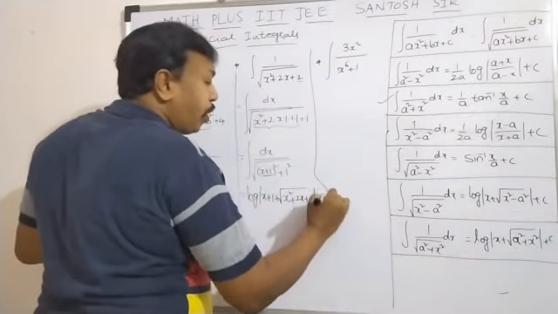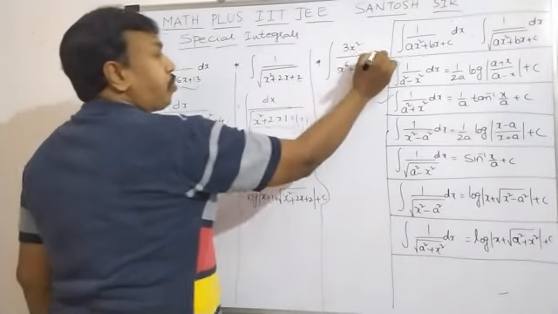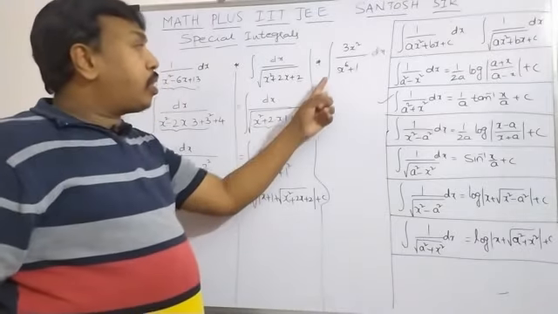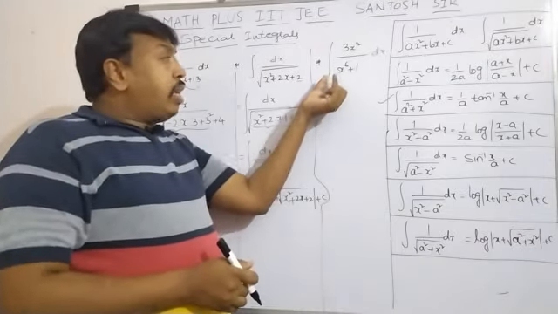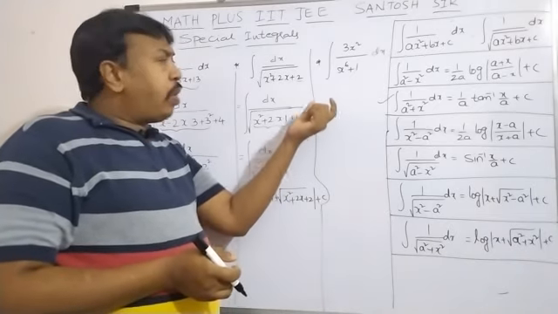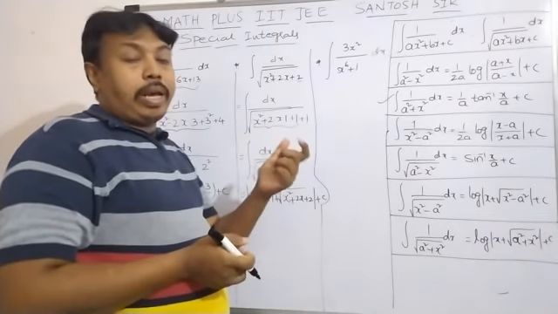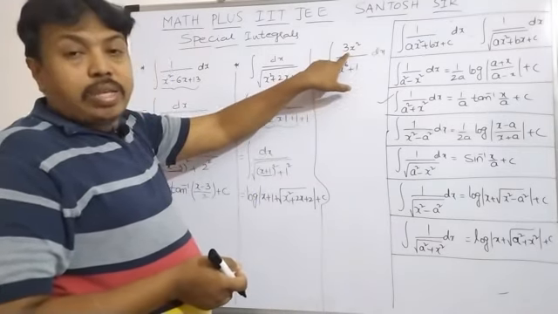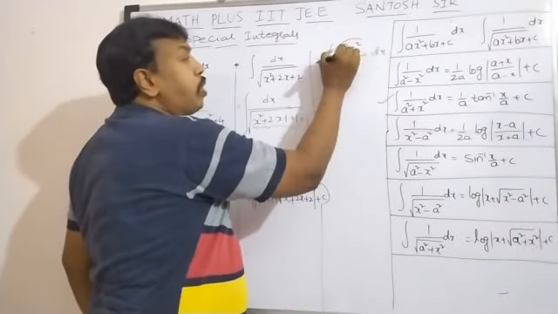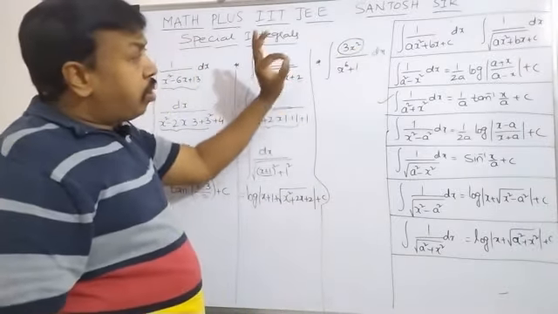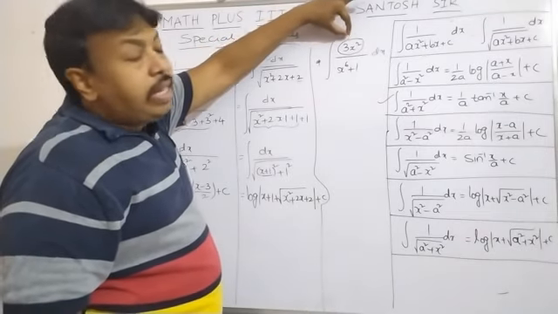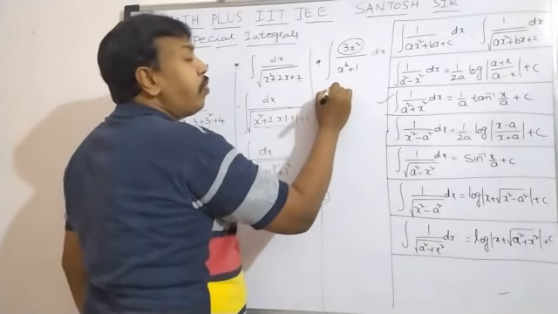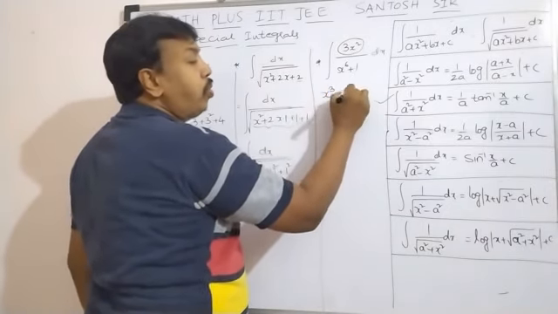Now one more question we are going to see. 3x square upon x power 6 plus 1. See, if in the denominator or numerator they have given x power 6, we need to think of a substitution. Higher powers of x are given, which means we need to think of a substitution. See, 3x square into dx. So here 3x square is the derivative of which function? That is x cube. So indirectly they have given the hint of taking x cube equal to t.